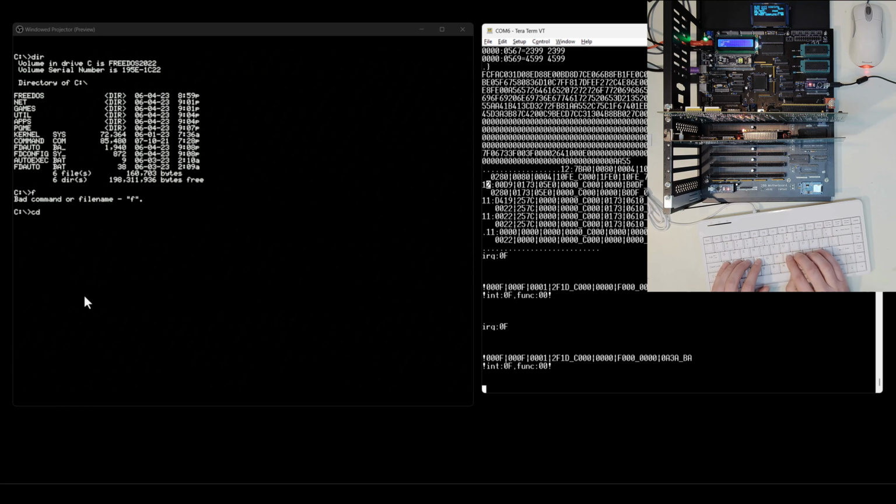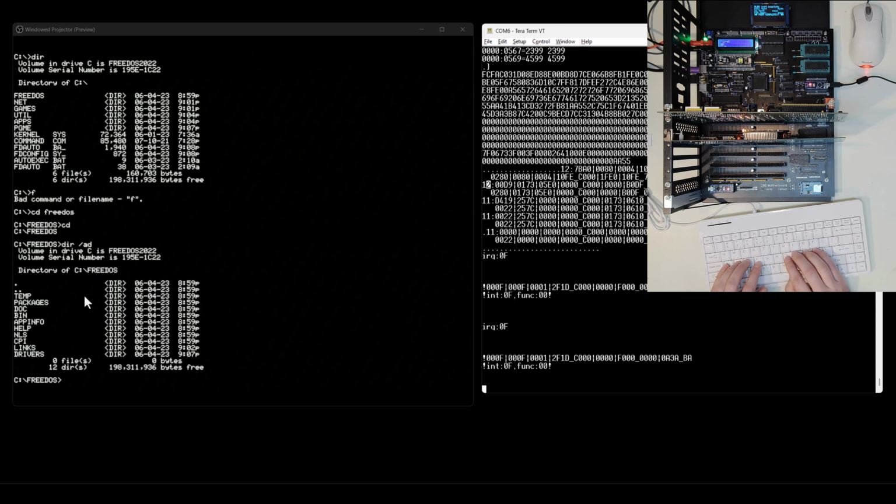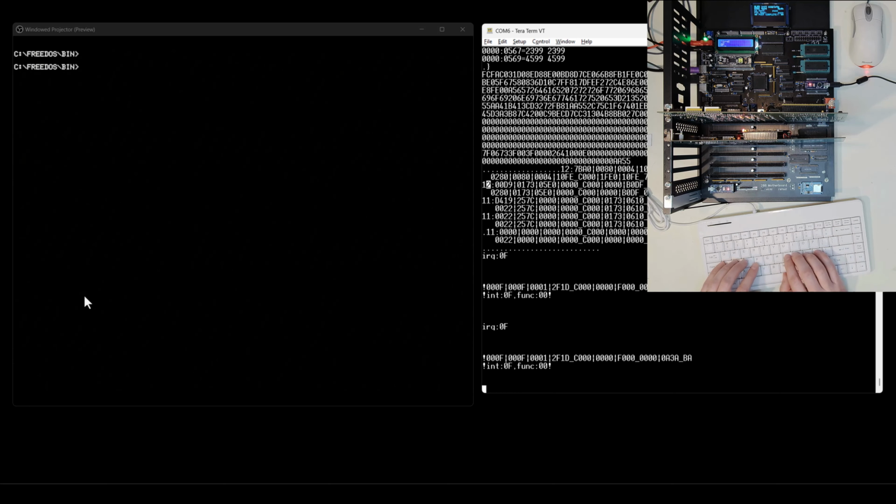So I'm going to change into the folder called FreeDOS. From there, let me just see if I do a directory of directories. I can see there's my directories, and I can change into bin. And I do notice in some cases my enter key doesn't register every single time. The other ones are better, but the enter key, there's something a little slow there. I'm sure it comes back to the interrupt code I have, and I just need to, I would say, optimize